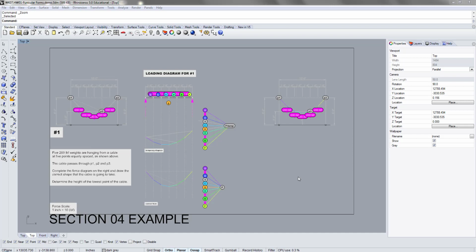Okay, so this is section 4, example 1. Again, a similar problem. We have more loads now, 1, 2, 3, 4, 5 loads hanging from the cable. What's different this time is we are setting the geometry, in a sense, for the cable, but really we are determining the geometry of the funicular curve by saying that the cable will pass through point 1, point 2, and point 3. Point 1 and point 2 are two endpoints, so that's kind of obvious, but point 3, if you look at it closer,